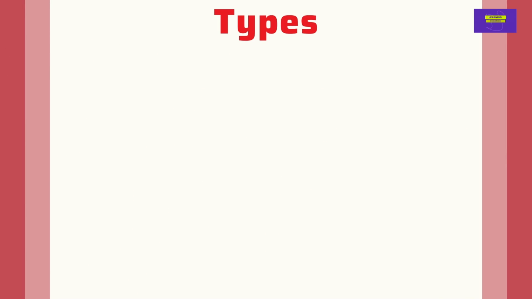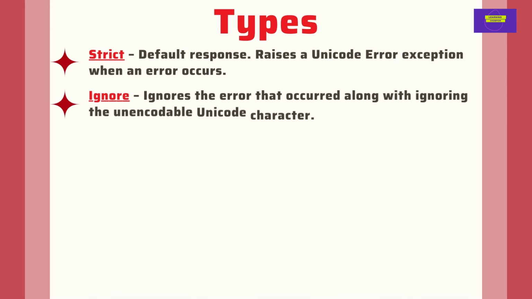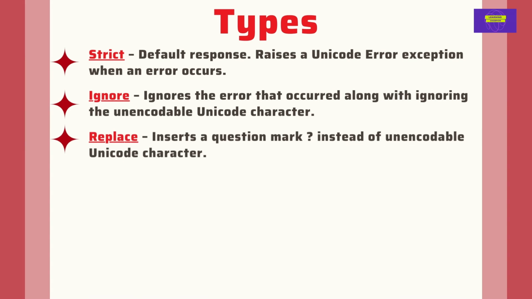There are 6 types of error responses. First type is strict. This is the default response, and it raises a Unicode error exception when an error occurs. Second is ignore. It ignores the error that occurred along with ignoring the unencodable Unicode character. Next is replace. It replaces the Unicode character that cannot be encoded with a question mark. Next is